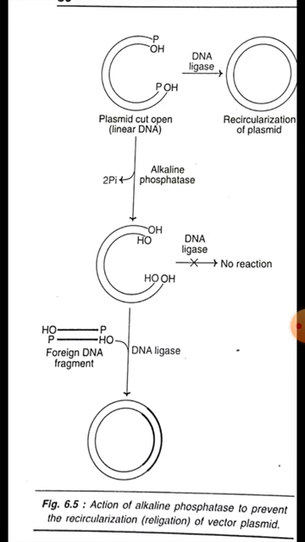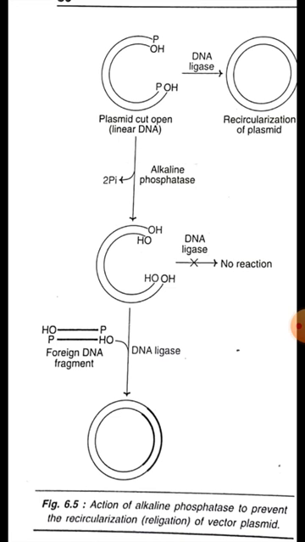Now, if I leave this cut molecule just like that, and I give DNA ligase, after some time, whatever I have done with a lot of effort, the whole thing goes waste because recircularization of the plasmid takes place. Then I will have no room to insert the DNA of my choice,